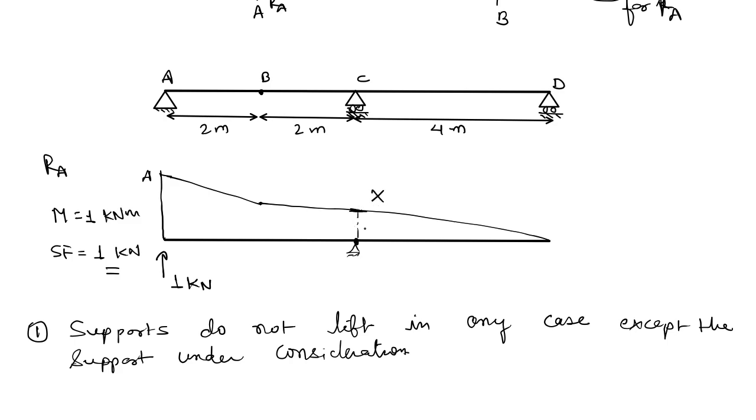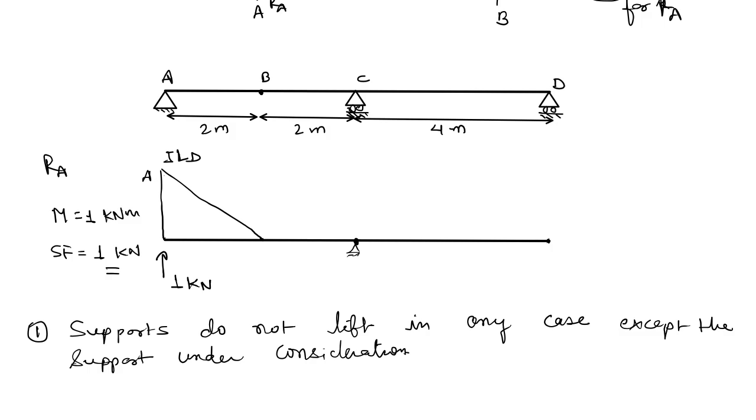That's why this is wrong. This does not happen. Support D is in its place itself, so that is fine, but this support C is not in its position, so that's why it cannot happen. Based on that, if we draw, the supports C and D, these two will not lift. Then up till B, this is a single member, so it will also not lift, and something like this only it will lift. So that should be the ILD for this reaction at A.